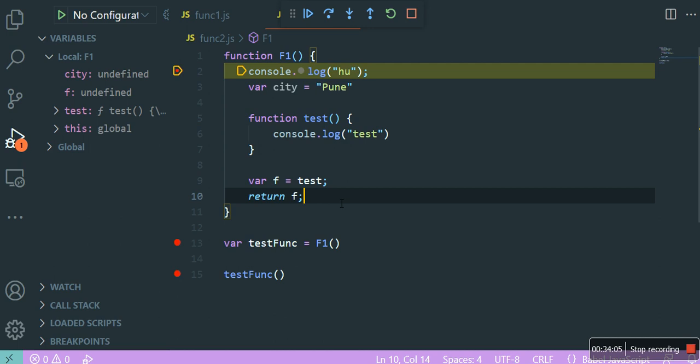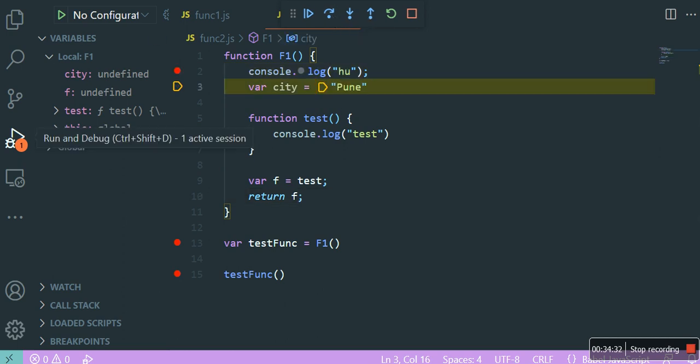This is not the concept that function hoisting only works in global scope. It can also work in the local scope of a particular function. It is very important to understand that variable hoisting as well as function hoisting will work not only in global scope but also in function scope, at the local scope level. So now apply the same concept here. And now, can I say test is a variable?